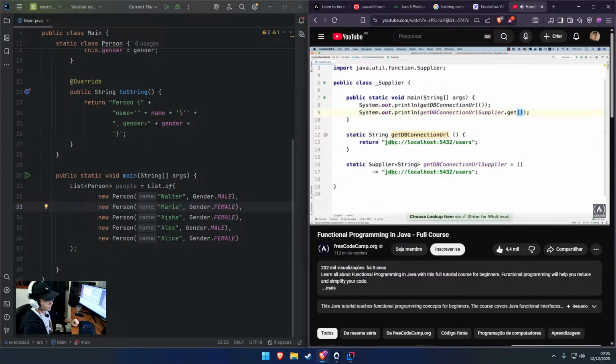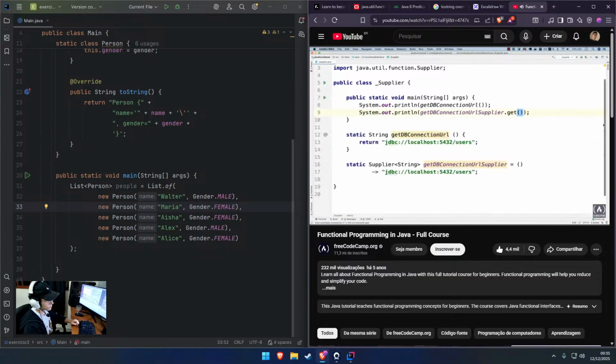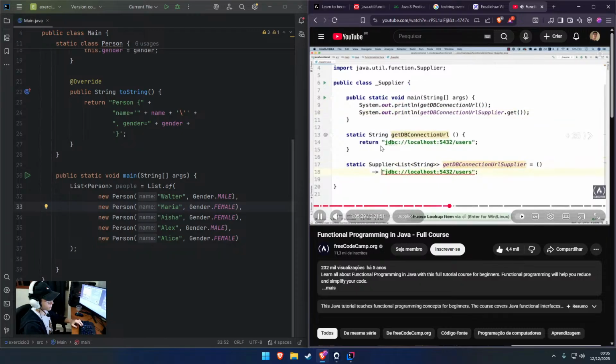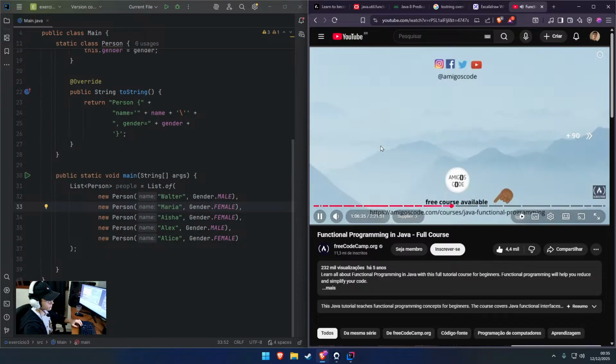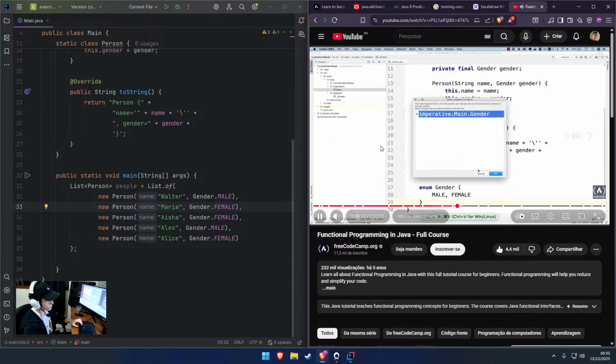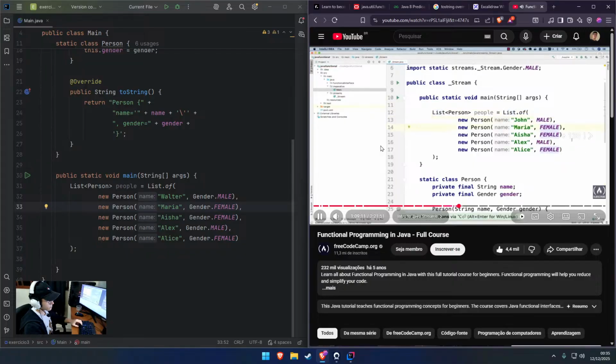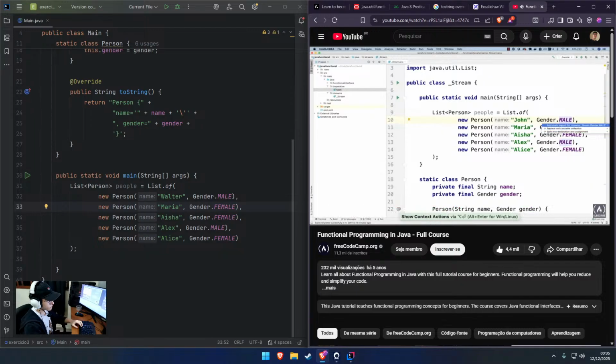So now if I run this, I do get the exact same result. So this is pretty much how you use a supplier. So a supplier simply is then message different interface. Remember, look, and again, once more is ourselves. So I've just put the static in, just like that. And finally, let's go ahead and add a static import for